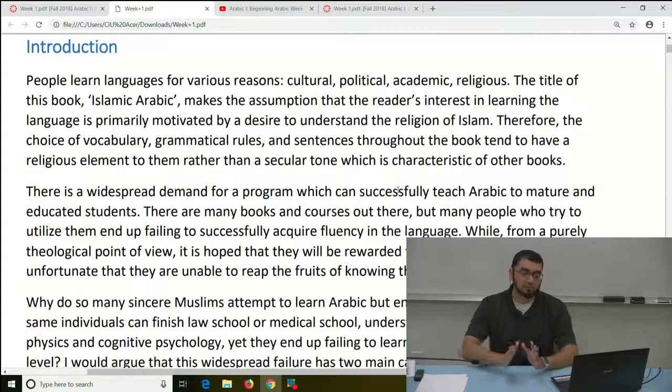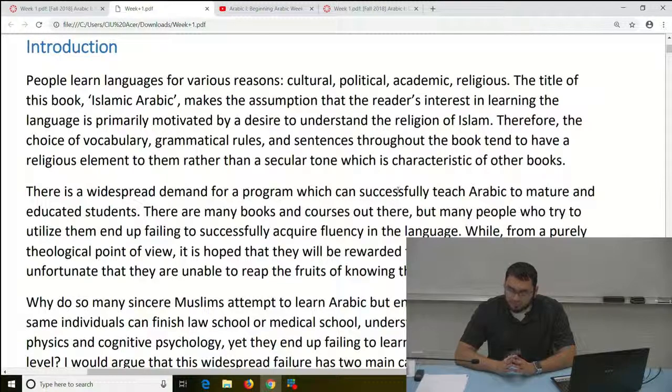So that's part of what we're going to be doing. So what does that mean, and how is that different from other courses? There's a lot of books on Arabic out there. You go to the library and you'll find hundreds of books. You could download software like Rosetta Stone and learn a little bit of Arabic, right? You can go to a local university, and they'll teach you this book called Al-Kitab fi Ta'allum Al-Arabiya.